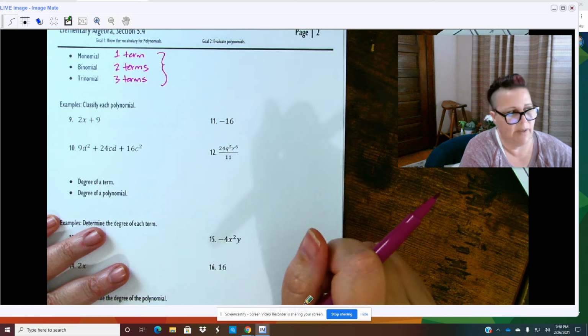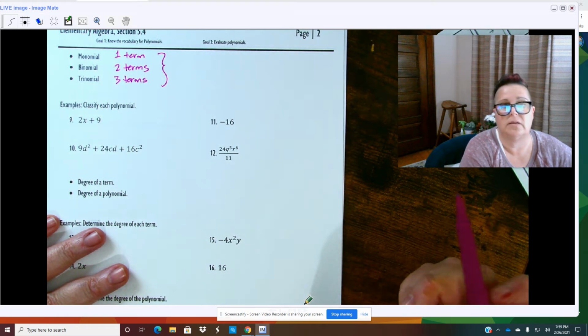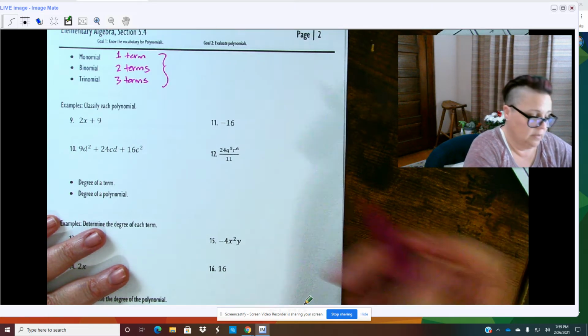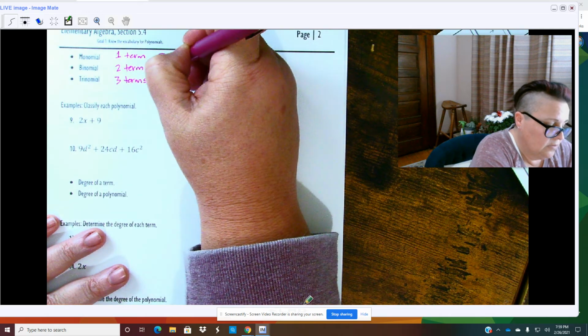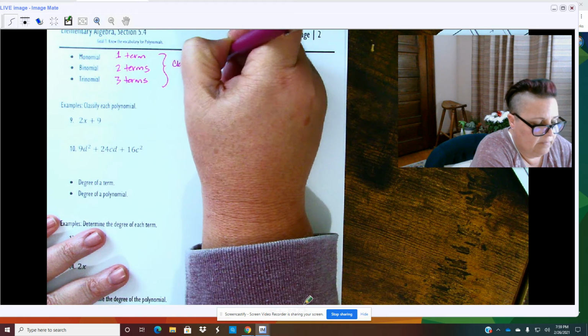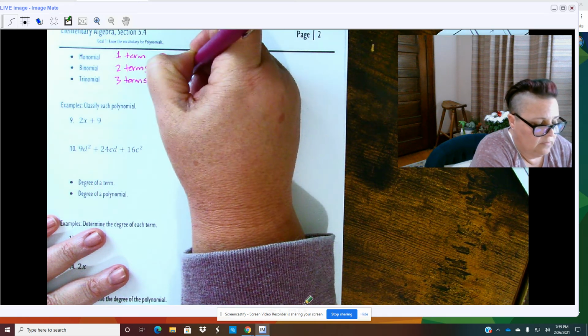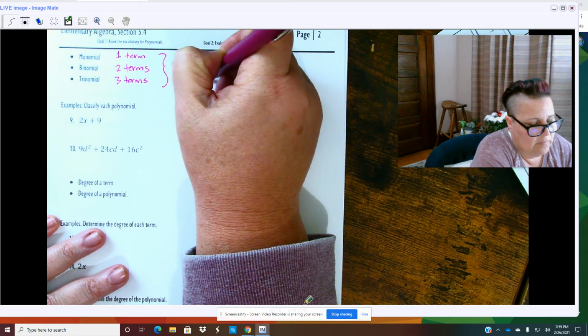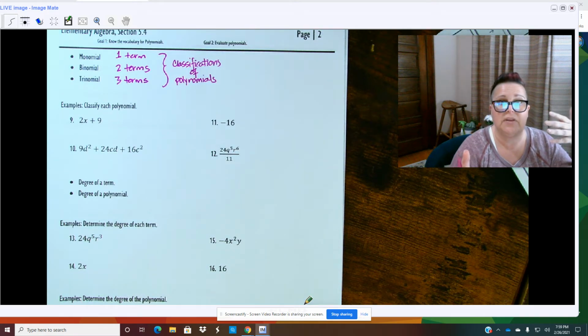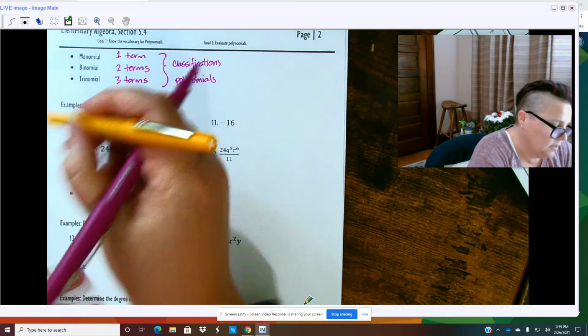If there's 5 terms, it's a polynomial. If it's 6 terms, it's a polynomial. If it's 27 terms, it's a polynomial. The only ones with special names are 1, 2, and 3. So these are classifications of polynomials. Just to be clear, it can be a polynomial if it's outside of this classification, but then we just call it polynomial, right? So if we have problem number 9 with 2x plus 9,